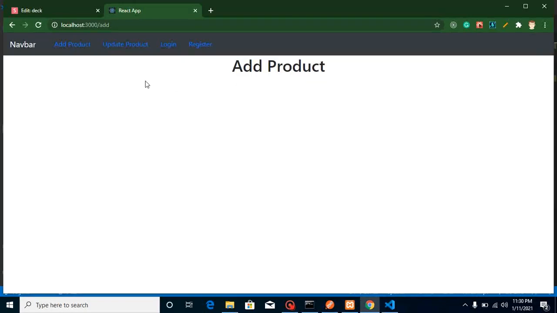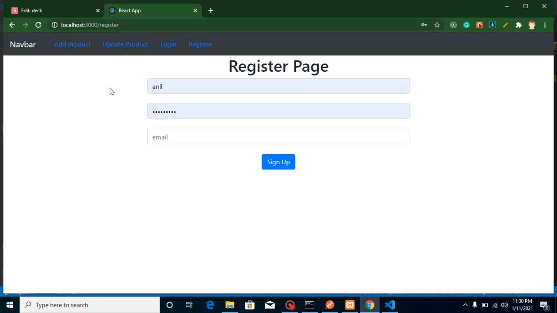Now everything is working fine, the header is working fine on all pages. So let's open the